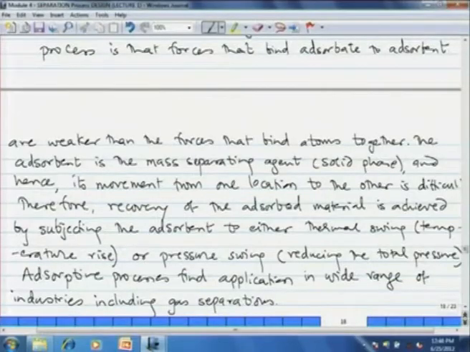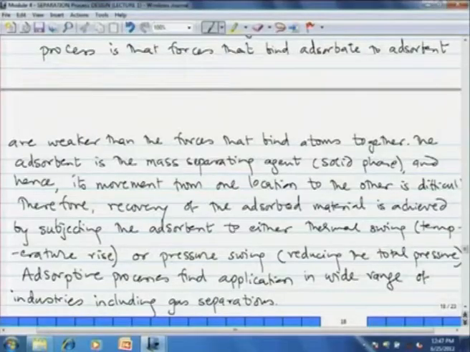So, adsorption is a very common operation which is used all over industry as well as in several domestic gadgets. The major problem with adsorption was that when you use a thermal swing, for example, adsorption is bond formation, so it releases energy, and therefore, if you have to desorb the adsorbed product, then you have to heat it so that the product gets desorbed. But this thermal swing can cause sintering of the particles. If you are using the same adsorbent bed over again, then successive operation can cause reduction in the adsorbent capacity.